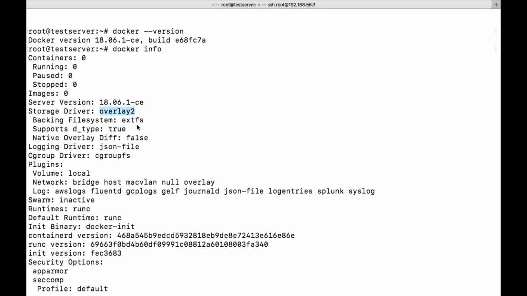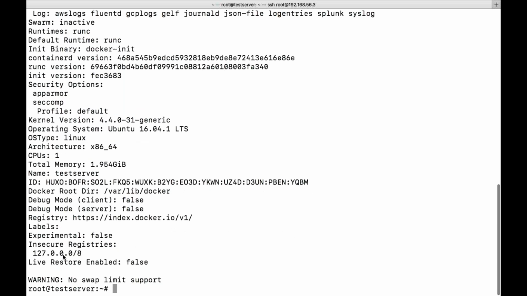Then logging driver, cgroup driver, cgroups. I'll tell you what that is. Plugins, Swarm inactive, runtimes, and then we have init binary and init version. There are so many things. Kernel version is nothing but my Linux operating system kernel version.